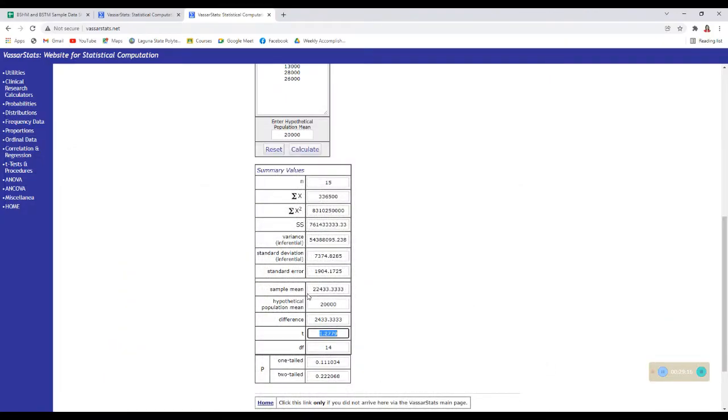So, i-compare natin ha. Ito yung sample mean, 22,433. Ito yung hypothetical population mean, 20,000. So, kapag ka po ang sample mean mo ay mas malaki sa hypothetical population mean, ibig sabihin, ang makukuha mong t-test dyan ay